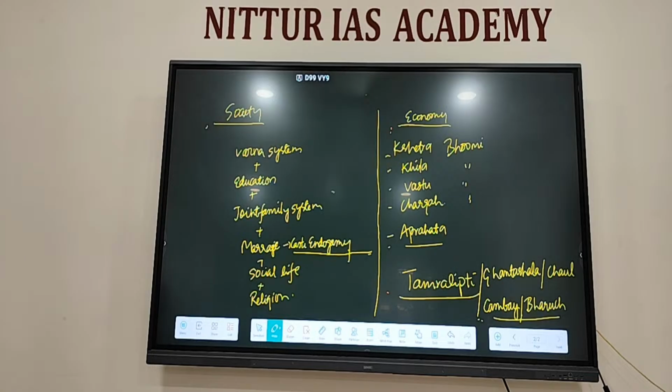Fine. Next we write down. Issued large number of coins. Gold coins in bracket dinars, comma, silver coins called as rupaka, and copper coins. These coins contain images of king performing sacrifices,